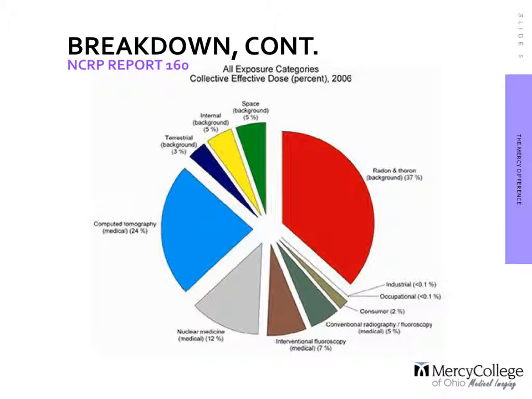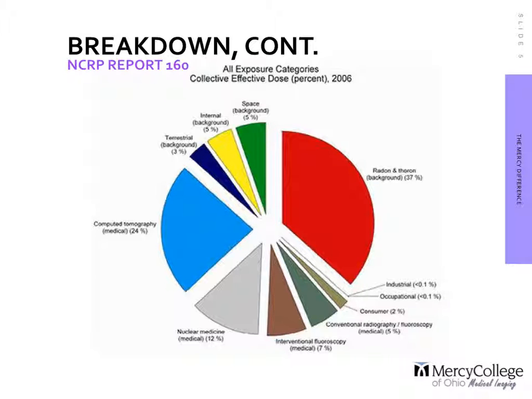To further break down this information, still coming from report number 160, you can see truly a breakdown of where these exposures are happening. So in terms of background, of course, the largest radiation exposure, yes, is radon. You can see those small industrial and occupational and consumer-based exposures. I'm looking here continuously at those background exposures as well over here, so space, internal, and terrestrial. And then here's the portion of the pie that we